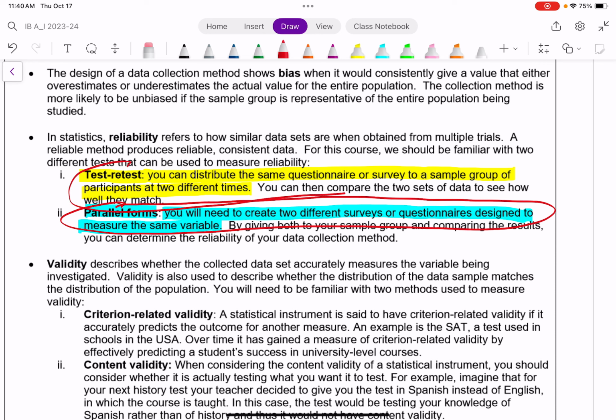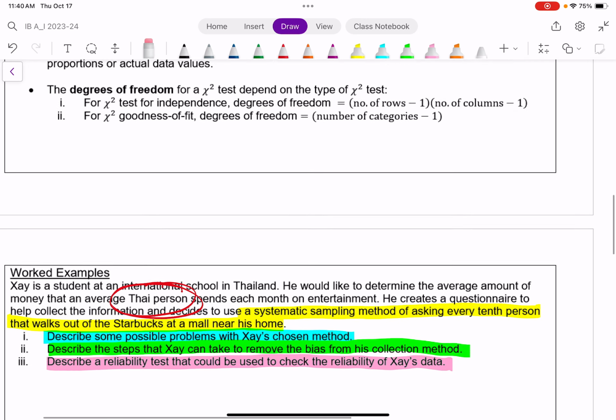The test-retest, which just requires waiting and doing it again with a different group of people, requires using the same survey. Lots of approaches here. In this course, you're expected to be familiar with those 2. All right,